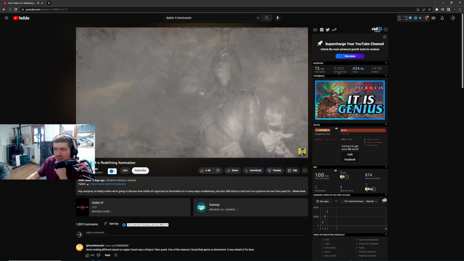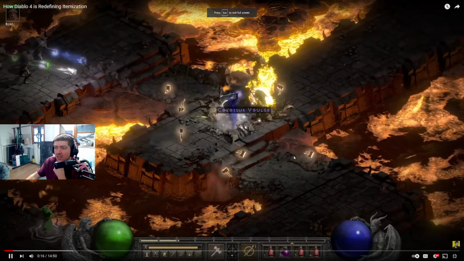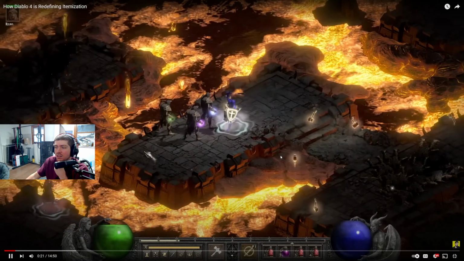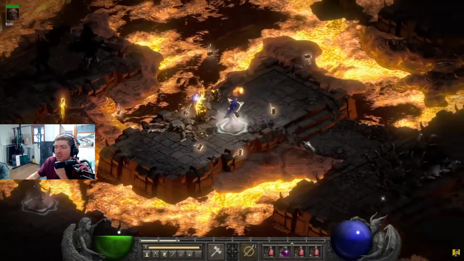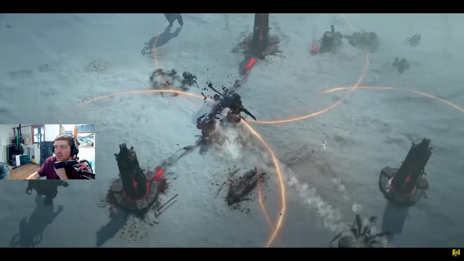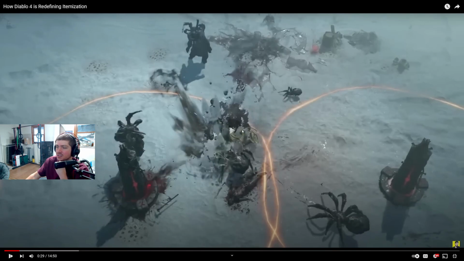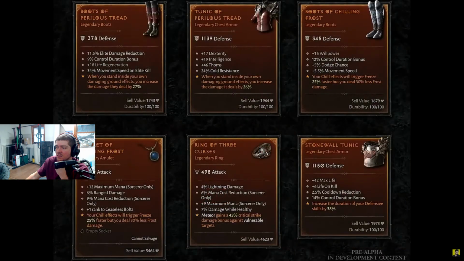Diablo 4 sticks to the tried and true systems we love from past Diablo games. After all, Diablo 2 is the game that set the standard for so many games that came after it, many proclaiming it had near perfect itemization, and to this day, many games still look to Diablo 2's itemization for inspiration. Now, when it comes to Diablo 4, one of the most innovative new features, and what I think is genius, is that the appearance of weapons and